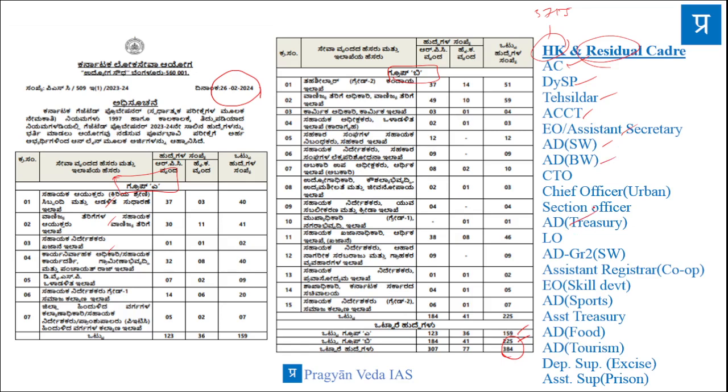So like that, Assistant Director Treasury, Labor Officer, Executive Officer for the Skill Development, Assistant Treasury, Assistant Director Tourism, Food, Deputy Superintendent of Excise, and the assistant superintendent prison, like this. So this year those who are writing the mains are considered really lucky, because last year there were hardly 100 plus seats at the vacancies available, and the portfolio of services available was also very limited. But this year there is a good spectrum of services that are available. Candidates can choose according to their preference very nicely, and prepare well and come out with flying